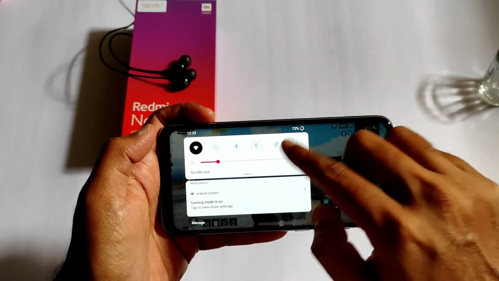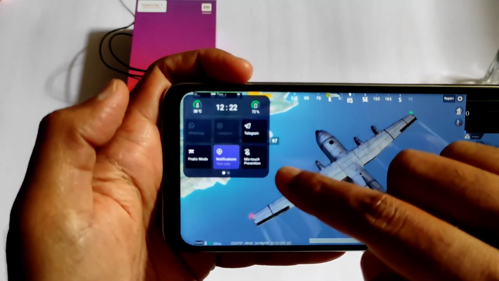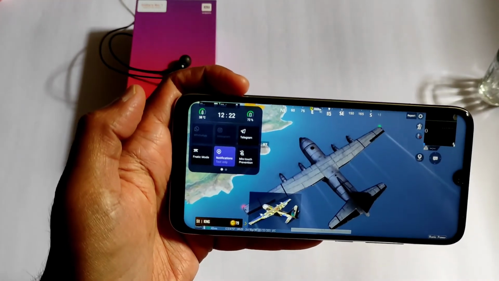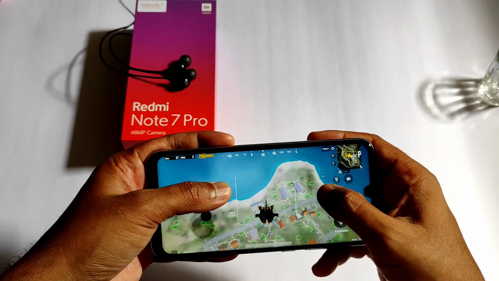As you can see, these are all the settings you'll get in the gaming mode, Fnatic mode, and some of the settings are available.